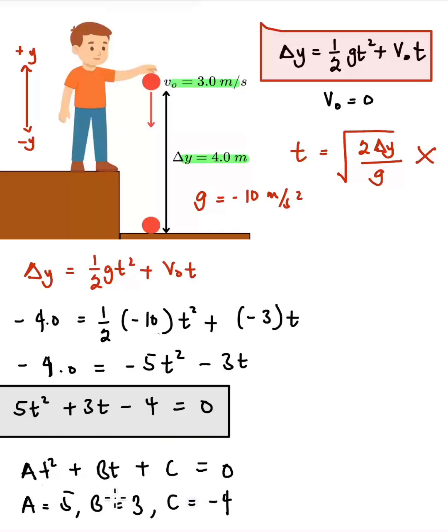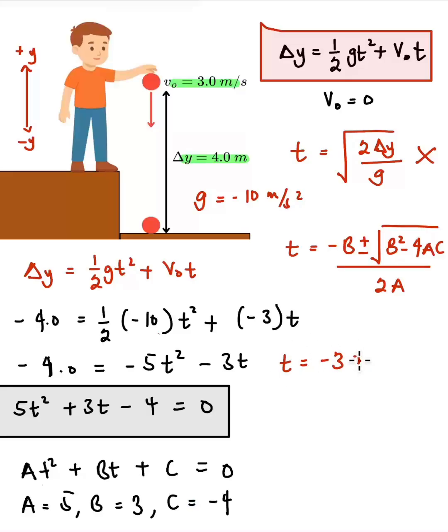And we can solve this either by factorization or by using the quadratic formula. I'll choose the quadratic formula, which is given as time is going to be negative b plus or minus the square root of b squared minus 4ac all divided by 2a. So now we can plug in the values and find the value for the time t. So t is equal to negative b, and b is 3, so we have minus 3 plus or minus, that means we are going to have two solutions for the time,